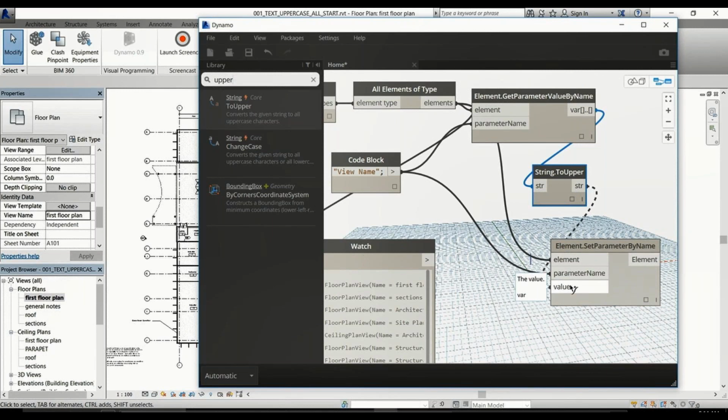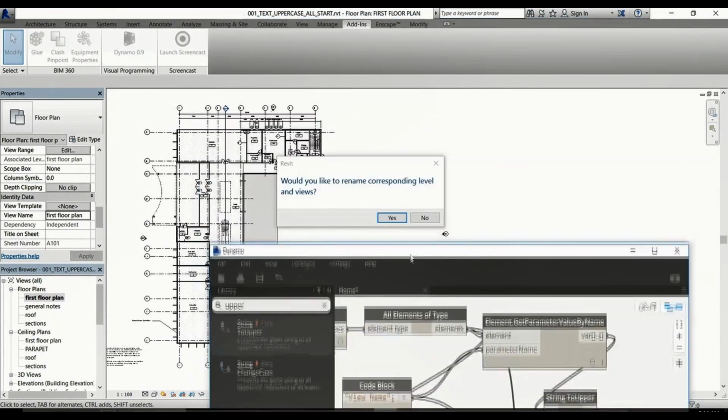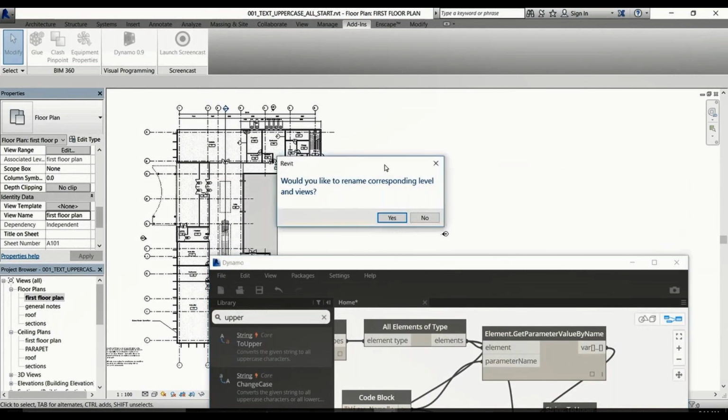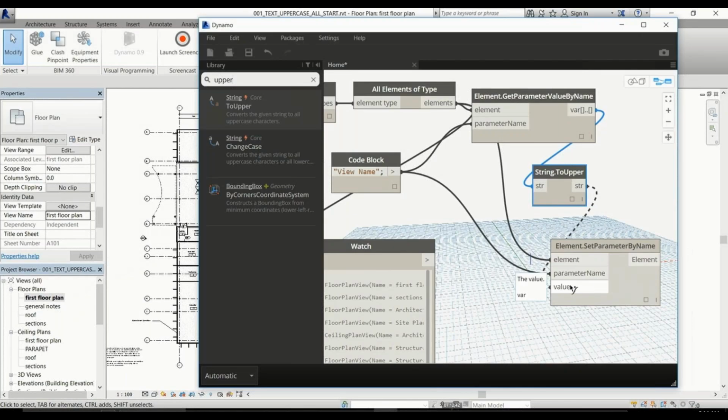Immediately, as soon as you do that, Dynamo will send out an instruction. I don't know if you guys saw that, back to Revit, and Revit will then realize that Dynamo is wanting to change parameters inside of its software, and you guys should be familiar with this little dialog box where it asks you if you'd like to rename any corresponding views and levels. Right. In this case here, this is only popping up because we've connected that node to that value. Without